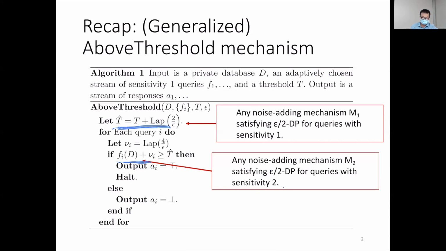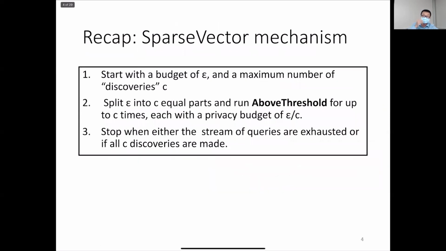So that's an interesting property of this algorithm, and the sparse vector technique is effectively just a composition of C such above threshold. When we specify the maximum number of discoveries to be an integer C, then we can allocate 1 over C of the given privacy budget to each above threshold algorithm. So overall, this algorithm is epsilon DP. Okay,